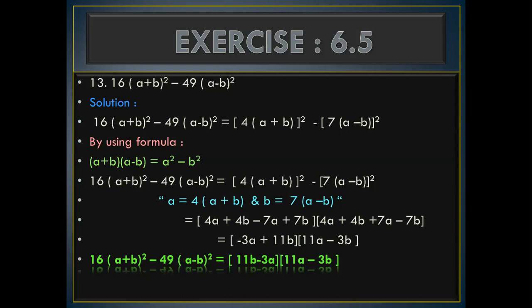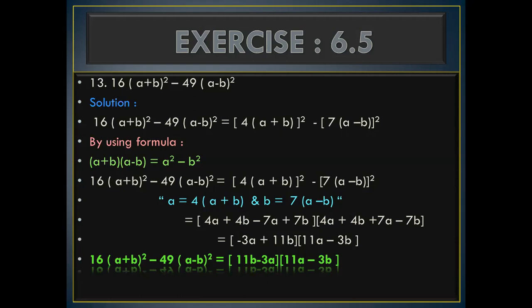Now when we put in the formula a plus b into a minus b, I told you when you have the positive sign or a negative sign in the first term, no need to change the sign of that bracket. The change of the sign will be in the second bracket. A minus b, 4a plus 4b minus 7a. Because there is a negative sign, instead of minus 7b, we put here plus 7b.